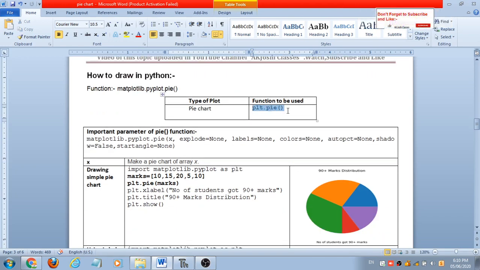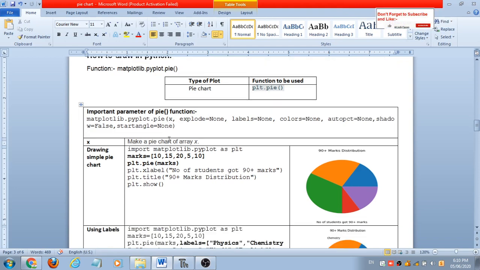This pie function obviously needs only one distribution. In a line chart or bar chart we need two coordinates, x and y. But in the case of a box plot, a pie chart, or a histogram, we need only one distribution, and for that one distribution it will just draw that particular chart or graph. So let's consider this. What is x? X is an array on which the calculation takes place.